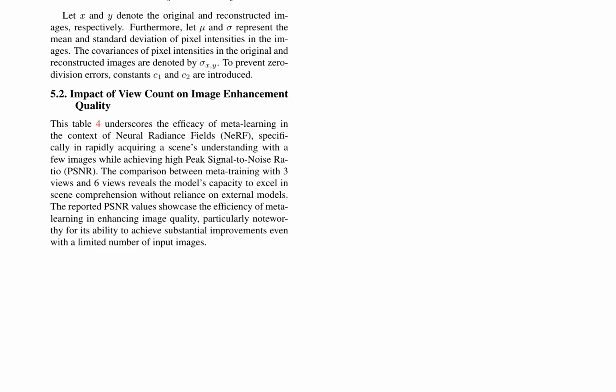In conclusion, this paper highlights the potential of metalearning in enhancing image quality within the context of NeRF. By leveraging the capabilities of scene representation networks and implicit neural representations, the model can rapidly adapt to new scenes and achieve high-quality image synthesis with minimal input. The paper's findings underscore the importance of optimizing coordinate-based neural representations and the role of metalearning in advancing the field of computer vision and machine learning.